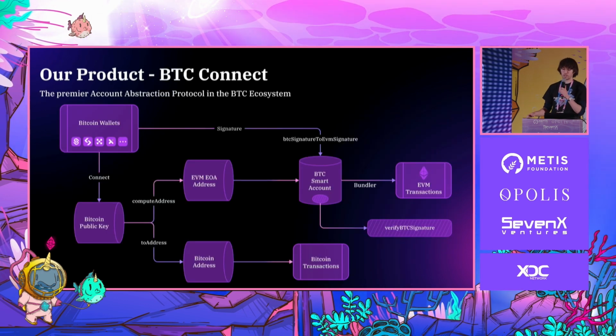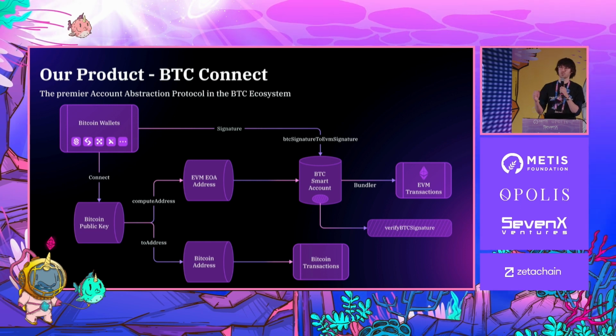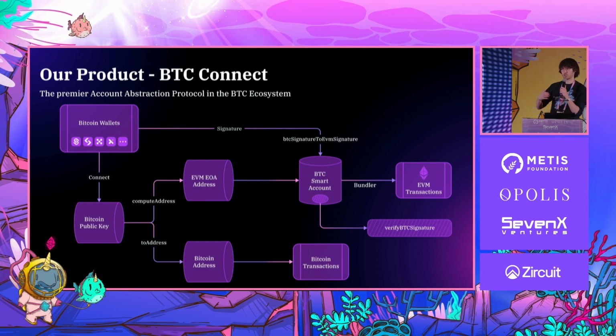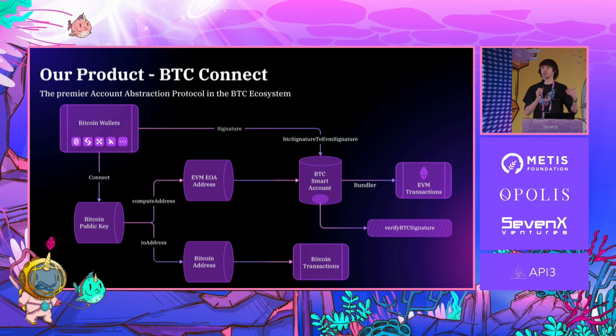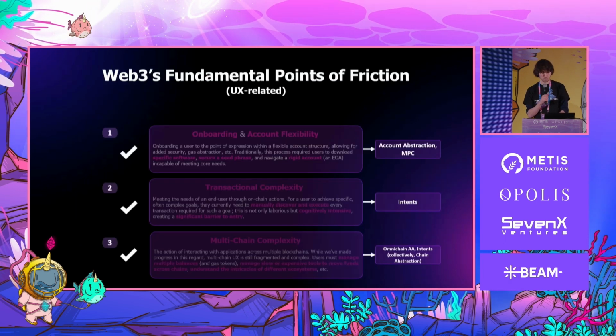Finally, I want to very quickly highlight this as well, BTC Connect, which is another thing that we're building at Particle, which addresses this idea of multi-chain complexity with the Bitcoin ecosystem. We basically allow smart accounts to be interfaced through one native Bitcoin wallet, Unisat, OKX, Xverse, etc. And this wallet can be used across every Bitcoin layer 2, including native Bitcoin, and that results in a smart account that we're deploying on-chain. So that is unifying the interface across multiple different chains with account abstraction. Another example of solving multi-chain complexity via AA.